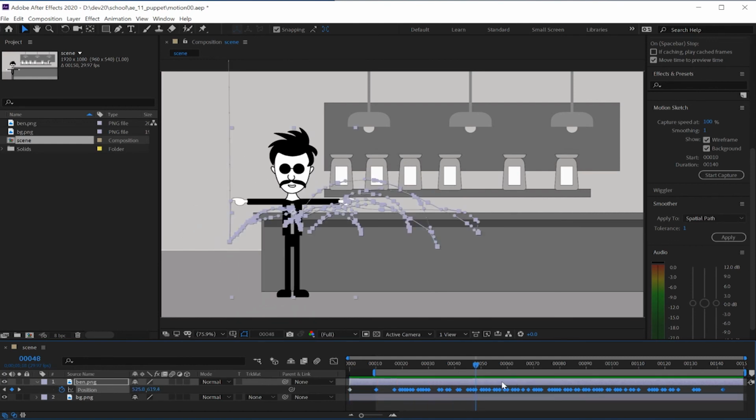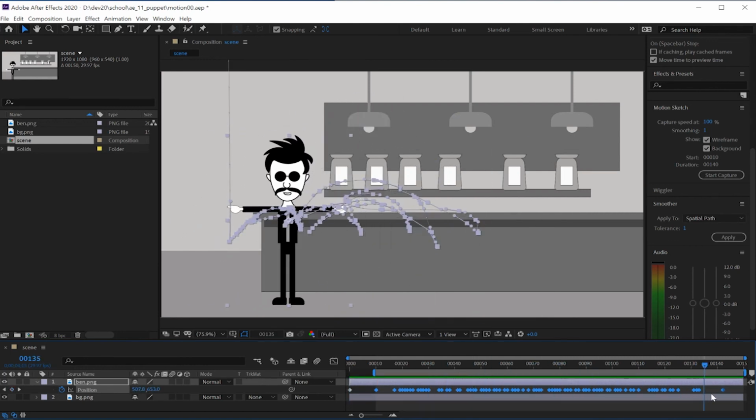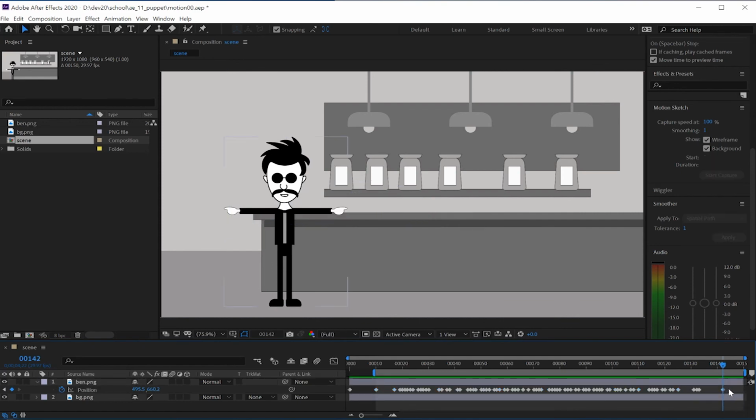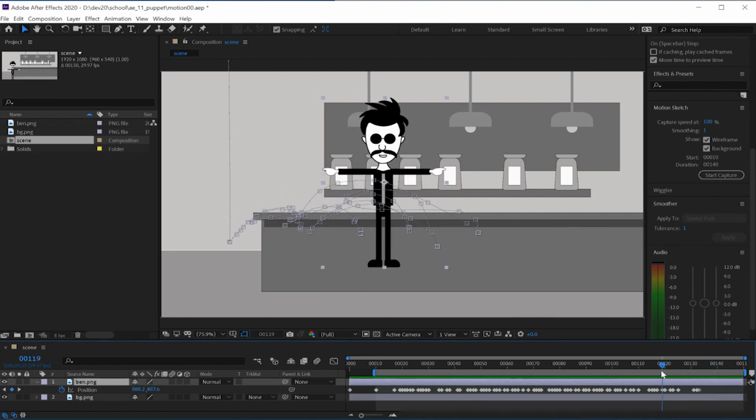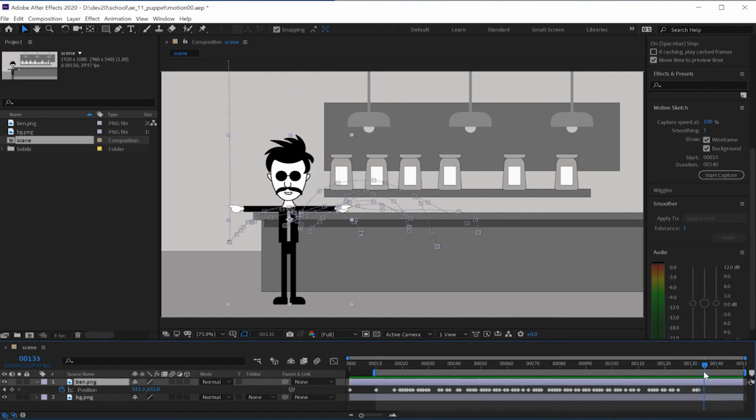If you don't like a key, right now we're back to keyframing. All this Start Capture does is allow you to move objects and capture that key motion on that object as you move it around. If you don't like this last key, you could select that last key, first deselect, reselect that last key, delete, and that's my final position for my character. Maybe right now, it waits a moment,